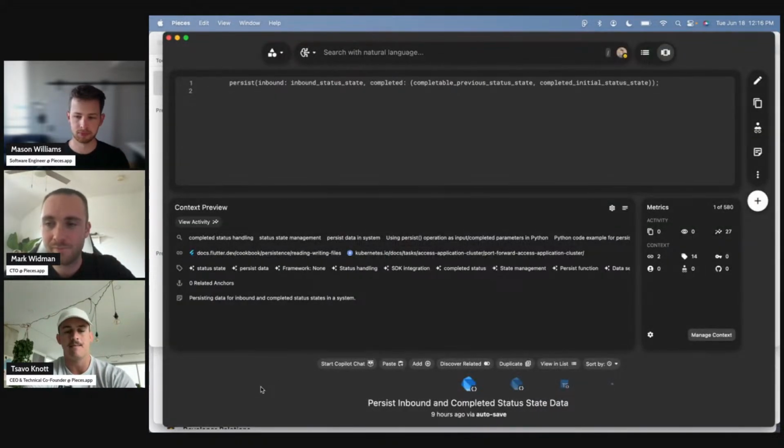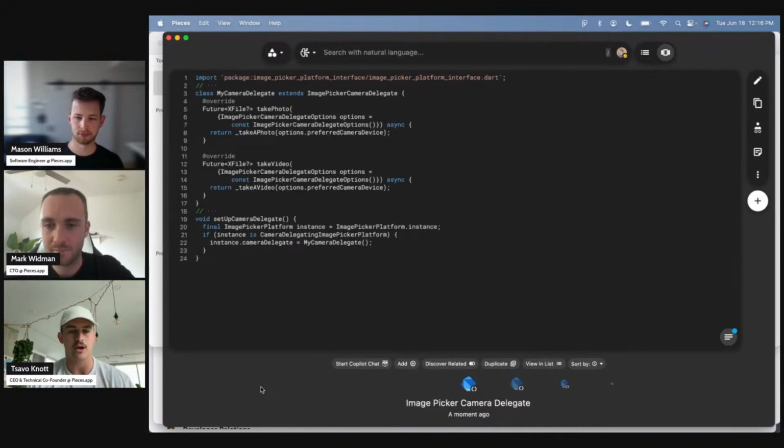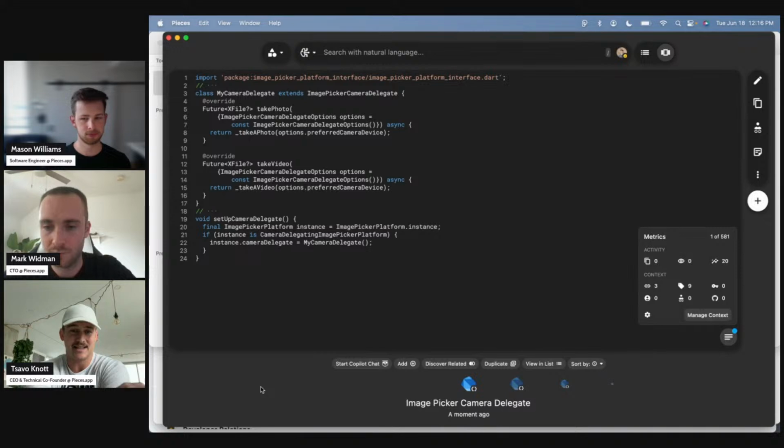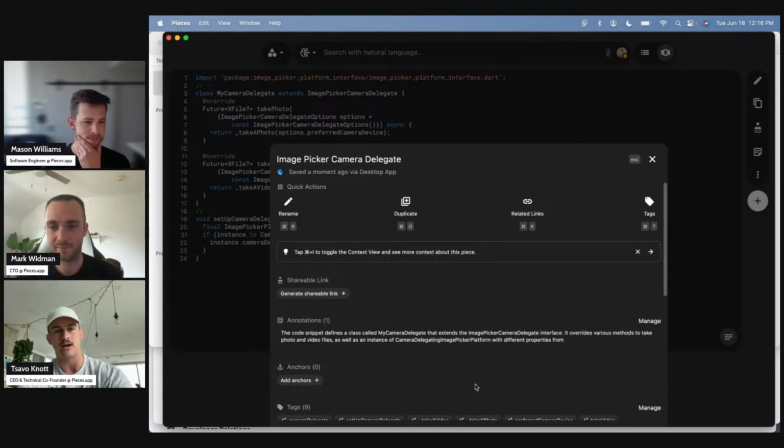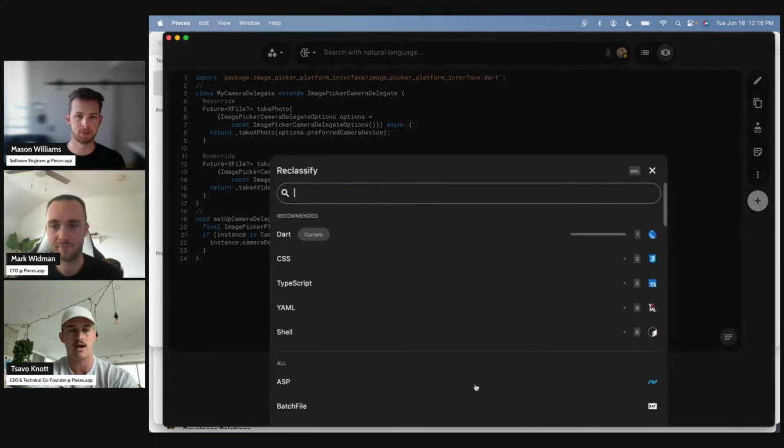I'm in the desktop app, and I'm going to go ahead and paste that same bit of code that I pasted a moment ago. And what you'll see is we automatically said, hey, that's not just text, it's actually code. And it's not only code, it's Dart code, right? So we did that classification. We've got a good amount of enrichment. I can show you, let me see here, Command Y. That's the classification. So you can see we're 99% sure that's Dart.